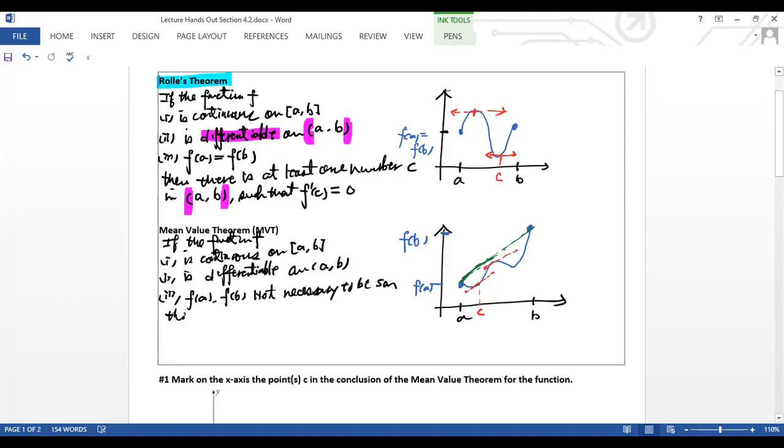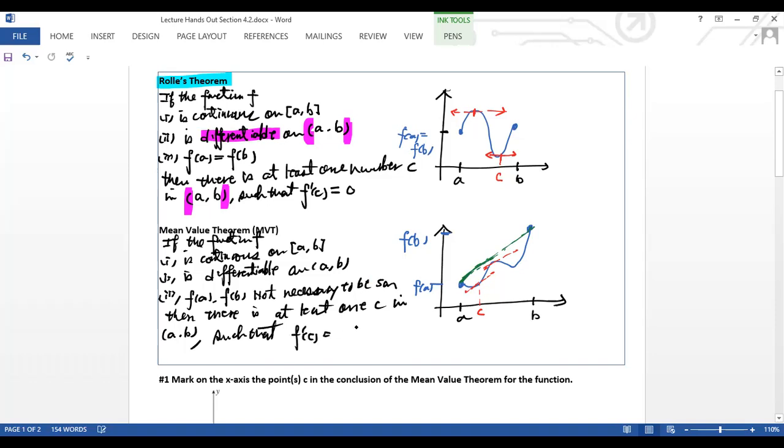Then we say there is at least one number c in the open interval (a, b) such that f prime of c